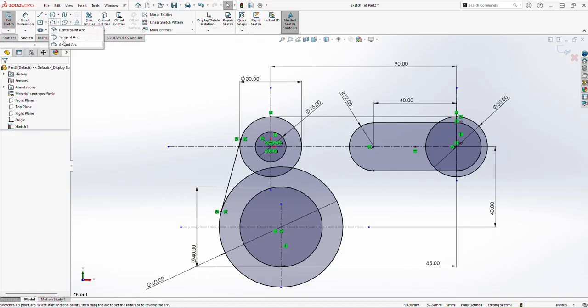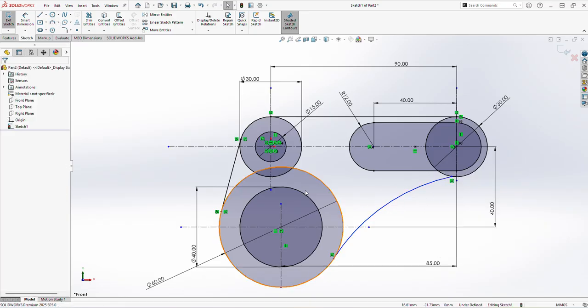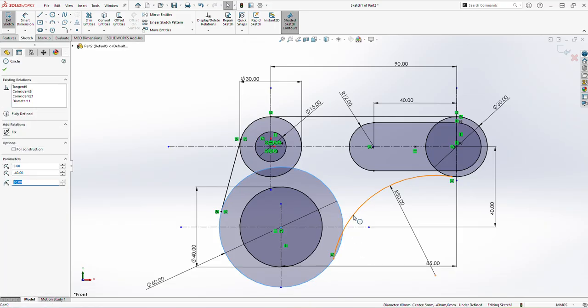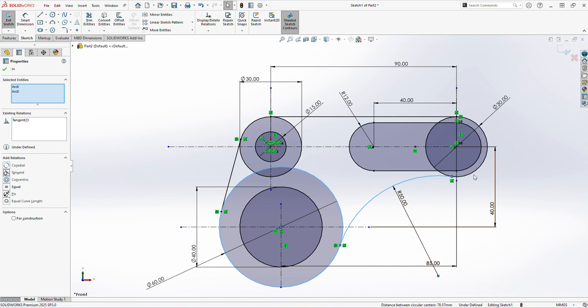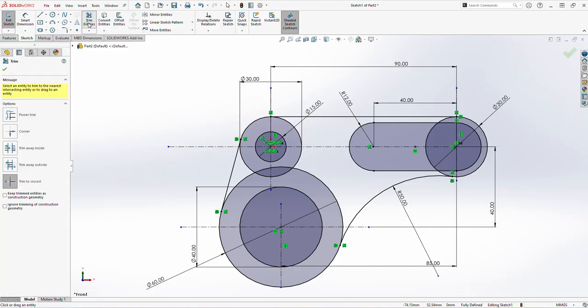Select from the arc options 3-point arc at any point, and the radius of this arc is 50 mm. Make the relation between these two lines tangent, and cut the extra part with trim entities. Here you can see